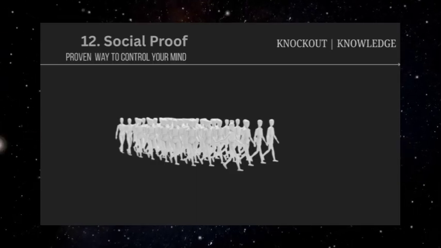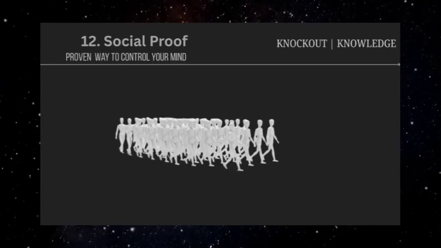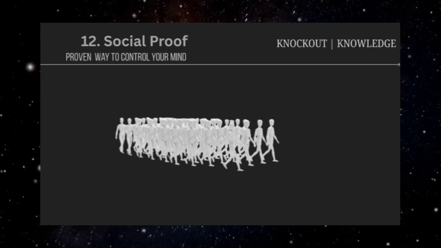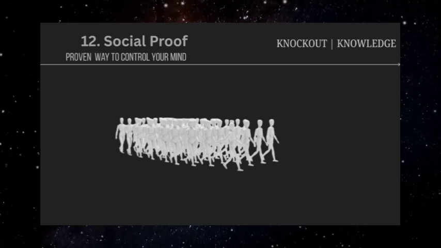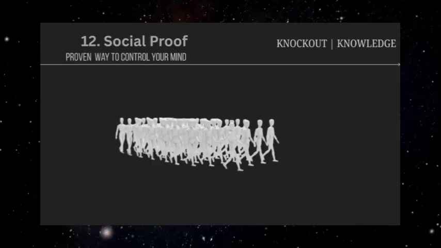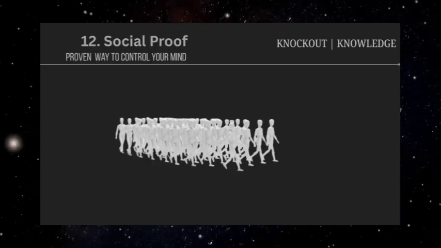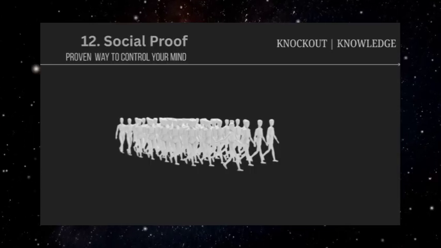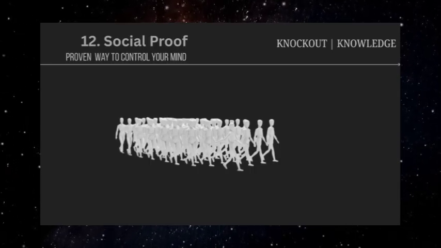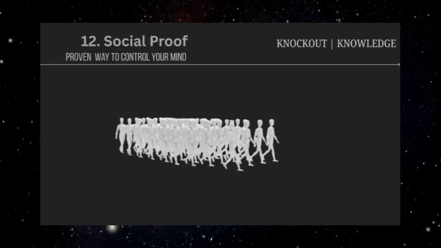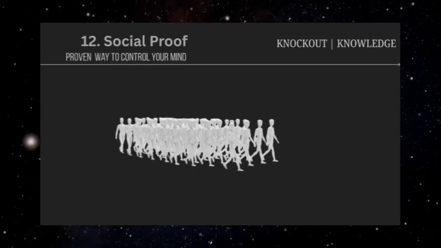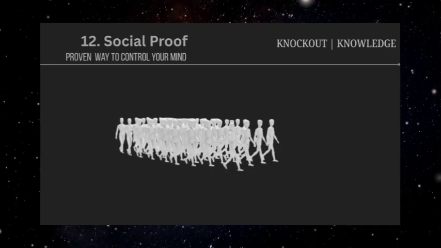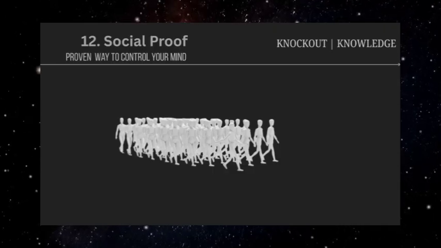In sales contexts, social proof might involve testimonials from satisfied customers, claims about popularity, our best-selling item, or statements about what most people choose. Online, this translates into customer reviews, social media followers, or notifications about how many other people are viewing the same product. The goal is to make you feel like you're joining a crowd of smart decision makers rather than being sold to. But these indicators can be easily fabricated.